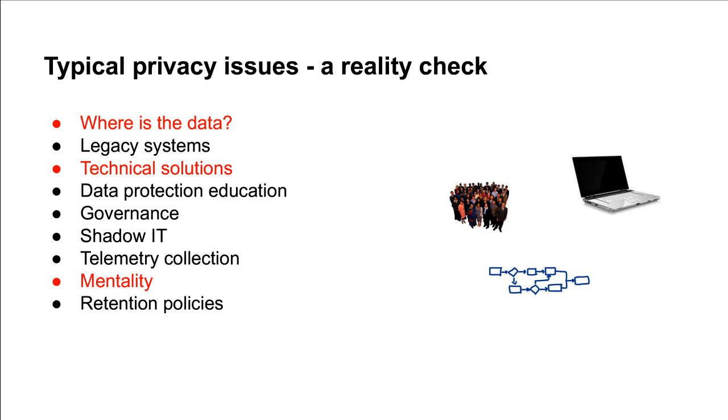The first typical reality check is, where's our data? It's all very well saying we have to protect customer information, but in order to protect it, first of all, we need to know where it is so we can protect it. We'll cover that shortly more in a moment. The other key issue is that we all have legacy systems. It's all very well saying privacy by design is important and our customer data is important, but how do we apply that to the systems and services that we're already running?